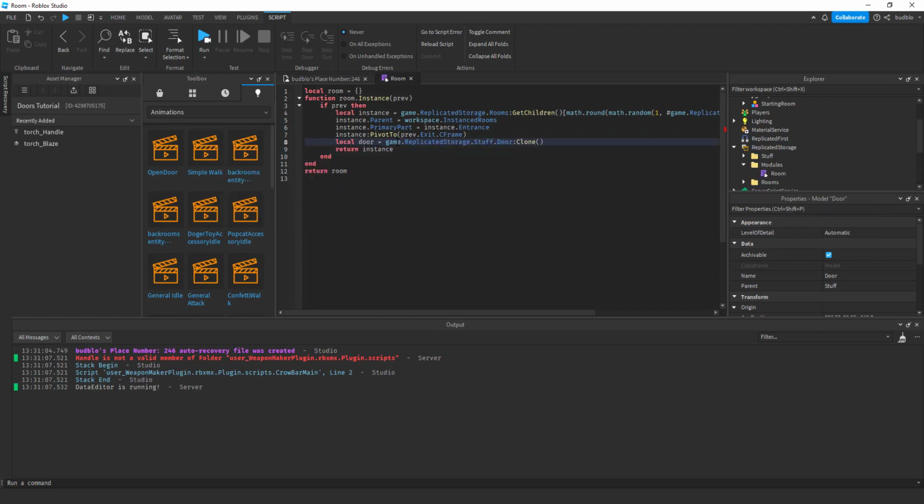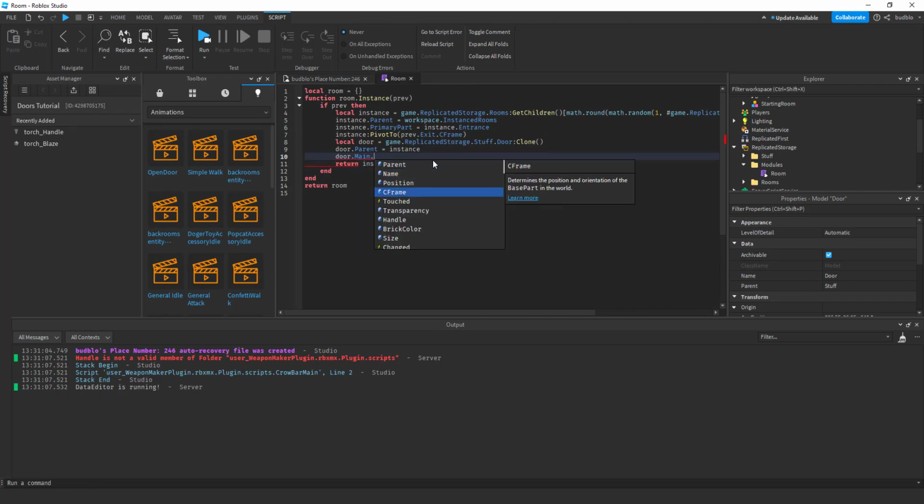Game.Storage.Stuff.Door clone. Door.Parent equals instance. door.Main.CFrame.Position equals